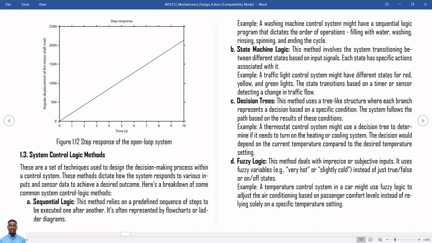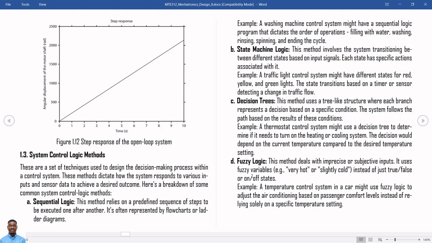An example of that is your thermostat cooling system, which can be in a room, whereby you want to have a certain temperature in a room, and you set the set point of your thermostat to that very value of temperature, and you have a heat generator in that room, maybe a heater or whatever that is, and the temperature sensor is checking the temperature of the room and reporting that to the controller. And once the set point is attained, then the controller sends a signal to your heat generator to stop heating the room. That is a kind of decision tree